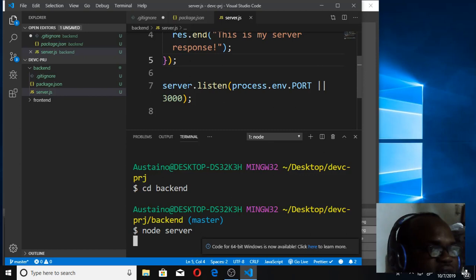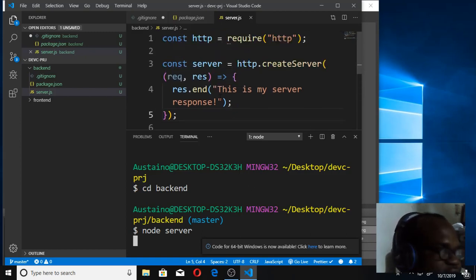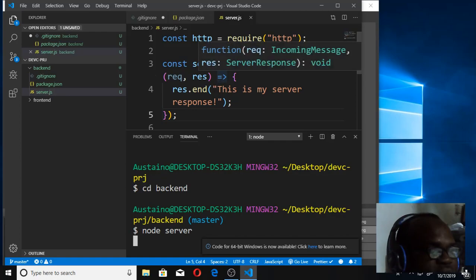And this server is going to be listening at port 3000, and if it is hosted, it should just find the environment port that is provided by the environment in which it is hosted. So that is the basics of this, and in subsequent classes